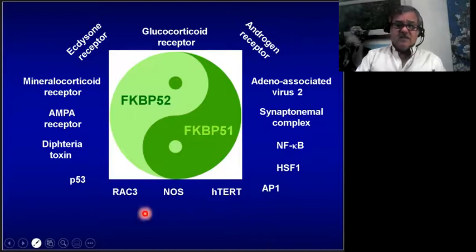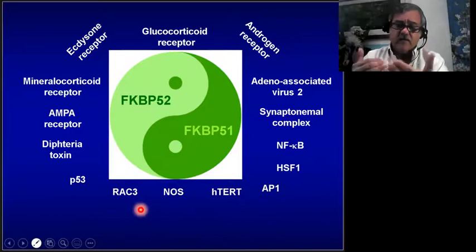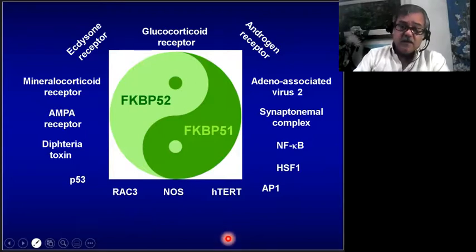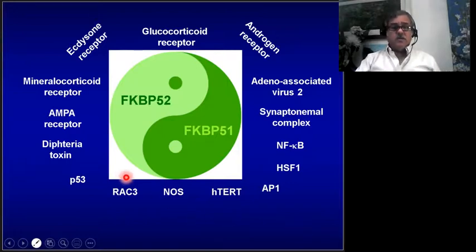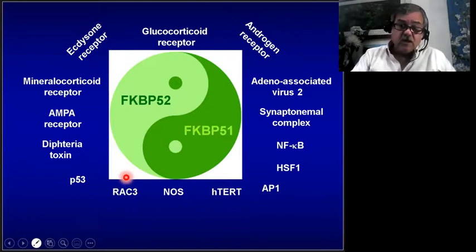At first, these findings related to retro-transport of GR and the 51-52 yin-yang were resisted by many people. It makes sense because the new model tears down a 35-year-old unproven dogma, but an ingrained and heuristic dogma at the end. When these observations were reproduced, the same people began to accept this model, which is also being applied to a number of soluble proteins, some of which are listed here.